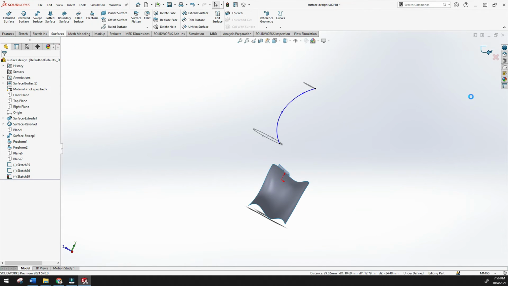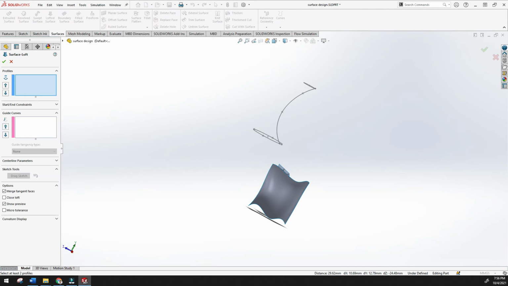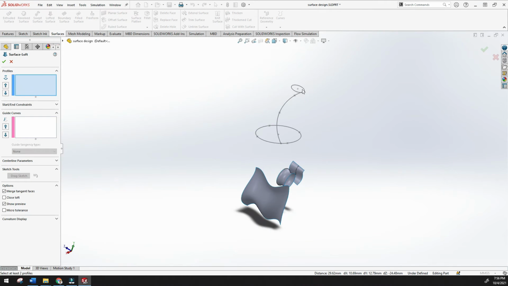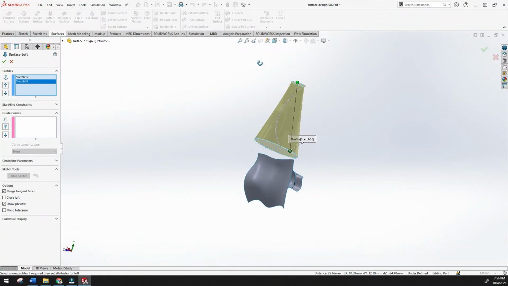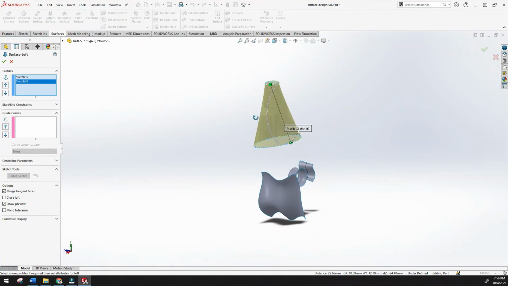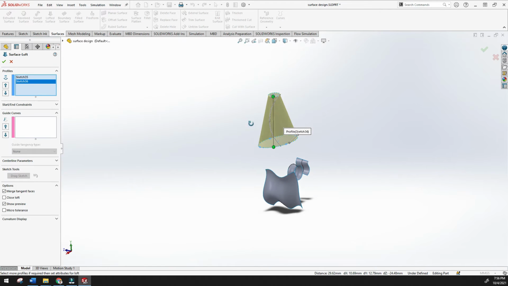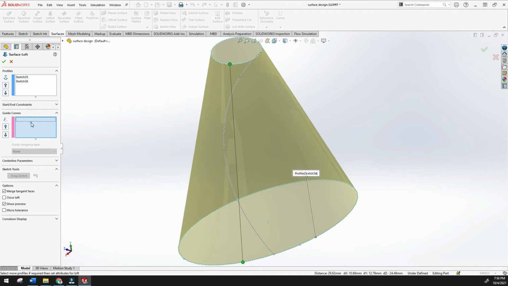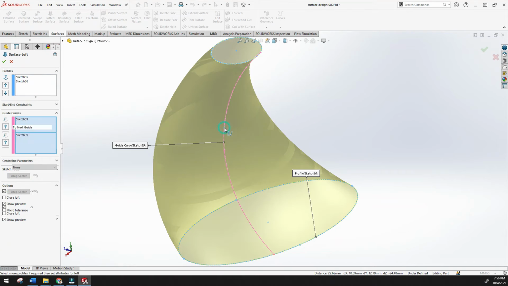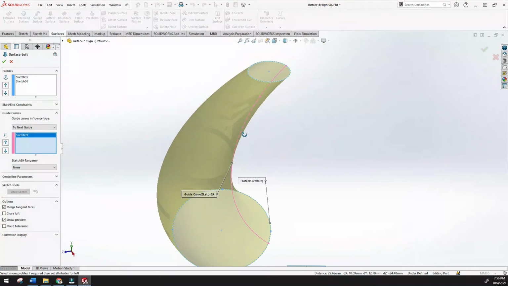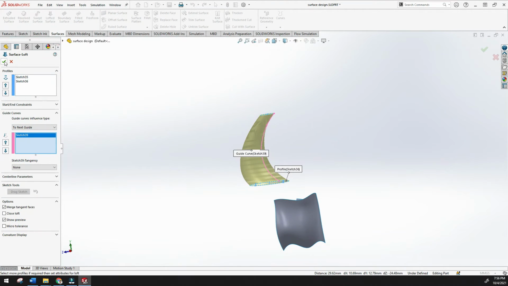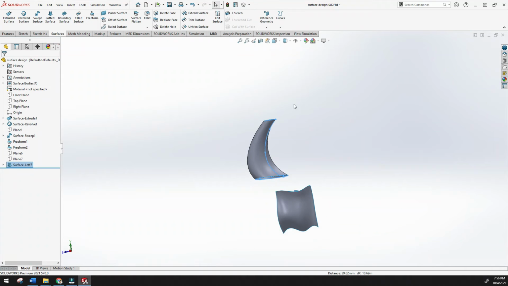Just click yes and go back to the lofted surface. Click this 2 and the loft is created. Just try to connect with this connector straight. Okay, now just use this line. See, here it is. Just click yes. See, finally I have created the loft.